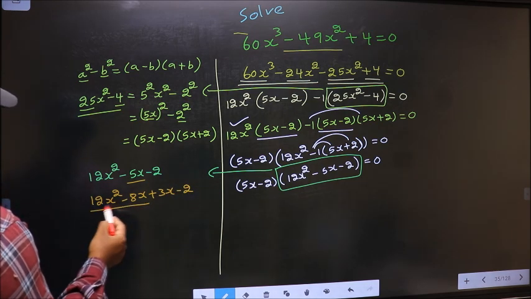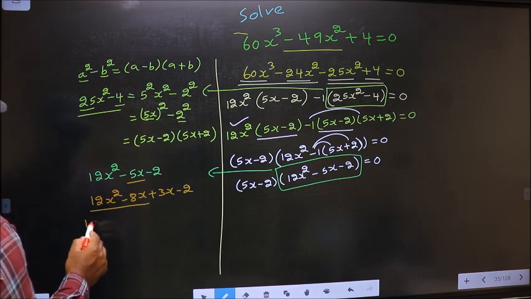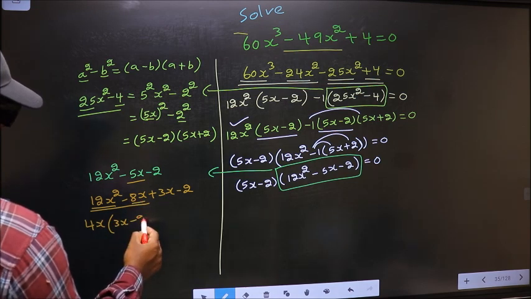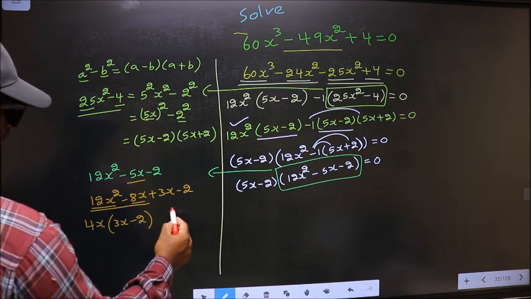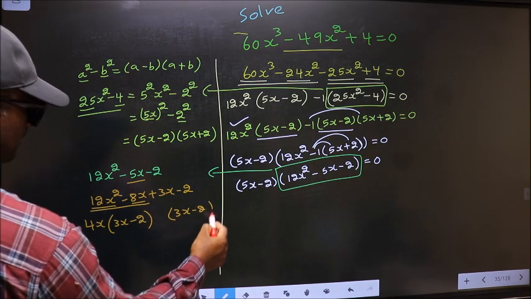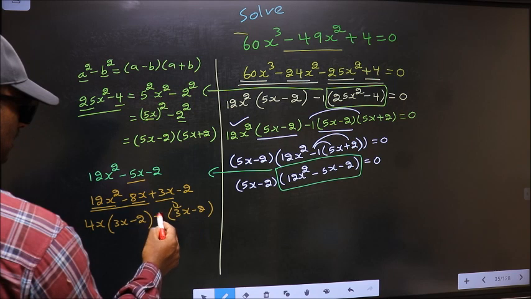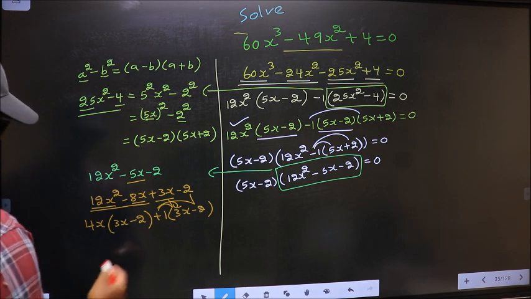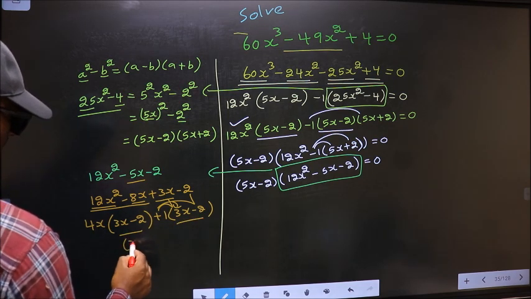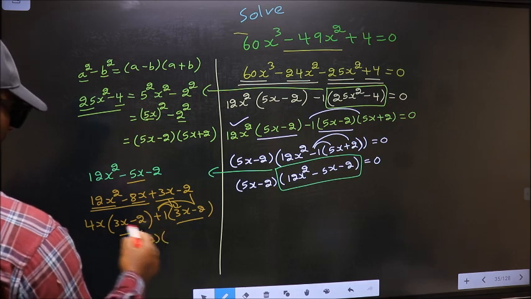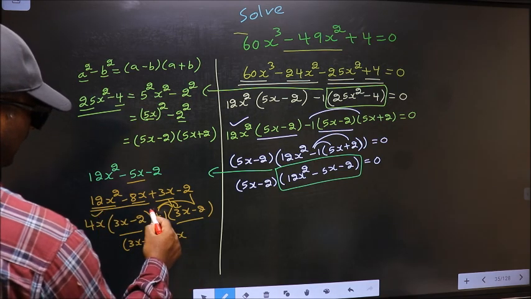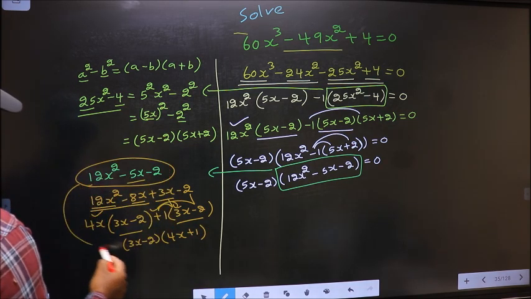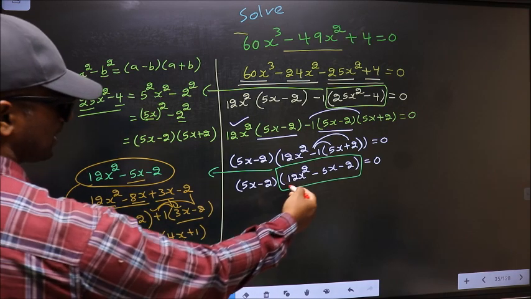Next, from these two terms, what can be taken out common is 4x. So here you get 3x minus, from this 4x out you get 2. Now whatever we got here, here also we should get the same thing. From this 3x gone inside, so outside you get plus 1. Even if you multiply and check, still you get the same thing. Now take out 3x minus 2 common. So here you have 4x and here plus 1. Now in place of this quadratic we should write this over here.